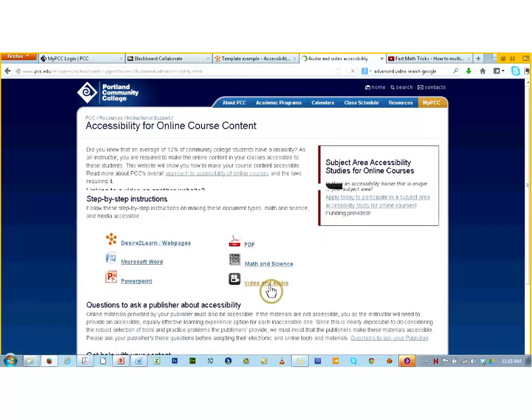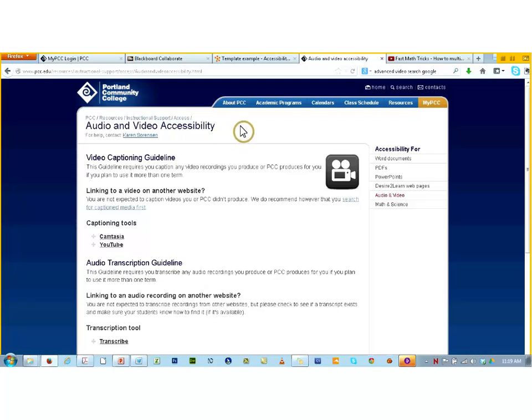Okay, so let's go back to the video and audio accessibility page on the Access site. You get to the advanced search by coming to this page that I'm on now, pcc.edu Access, and then click on video and audio. And then there's a search for caption media first,